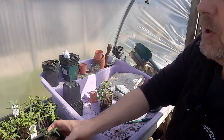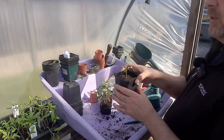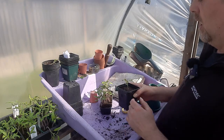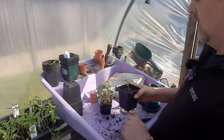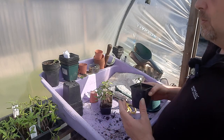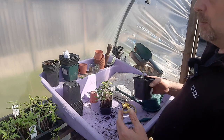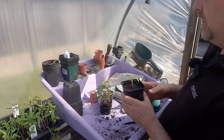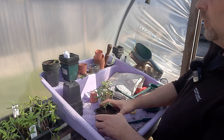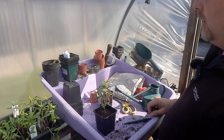So that's all I'm going to do with all the composts. I'm just going to do that with each one, and then we'll see how they get on. I'll put a label in them so I know which is which, and like I say, we're looking for signs, not so much masses of growth. Obviously there will be a difference between the plants. I did show this last year, but I'm not going to grow these for as long. So I'm just basically looking for overall health of the plant,